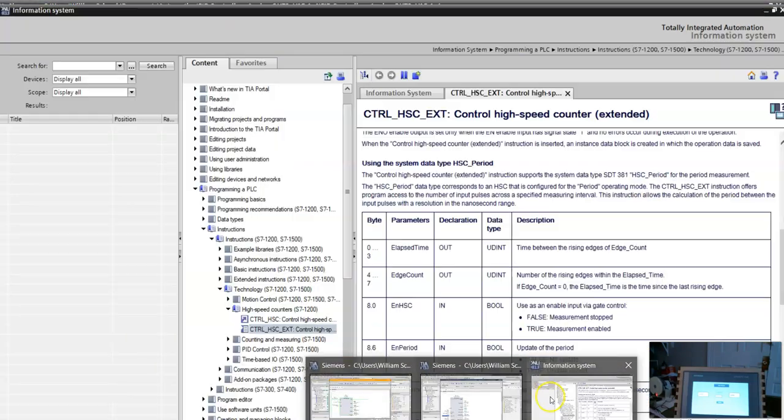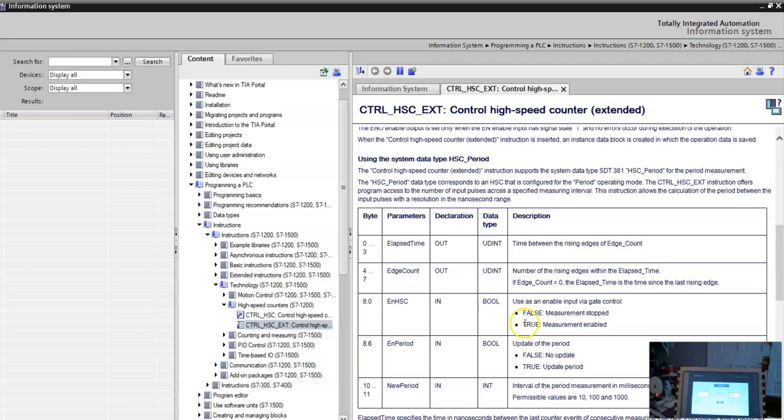And if we looked at the data sheet on it, they've got these two things with the extended, is what it means. They've got two parameters. One is elapsed time and one's edge count. It's the time between rising edges of edge count, and then there's the number of rising edges within an elapsed time. And what you can do with it